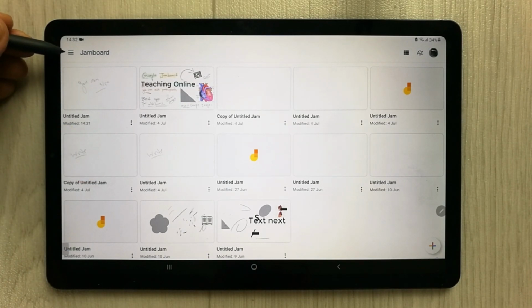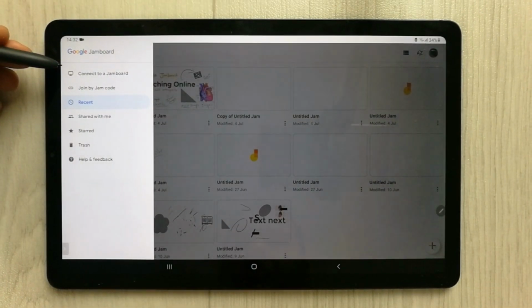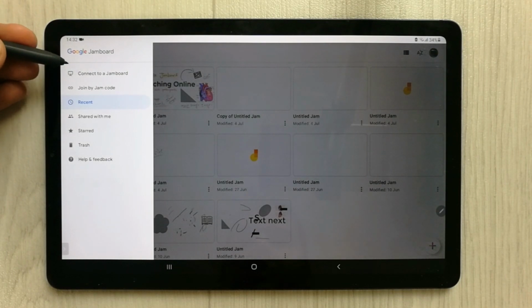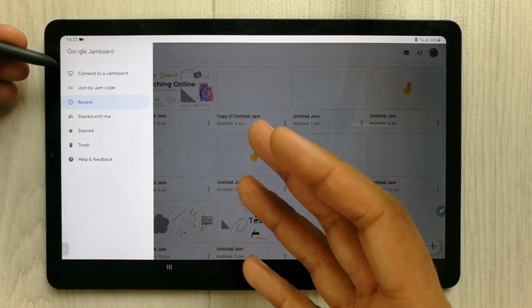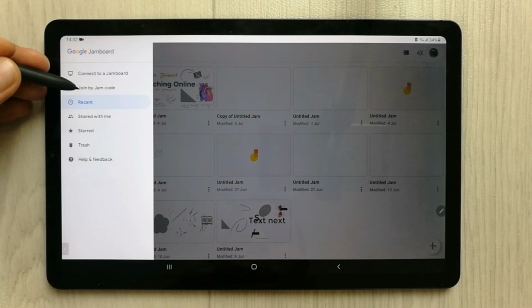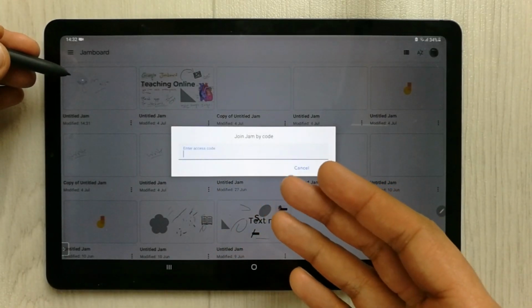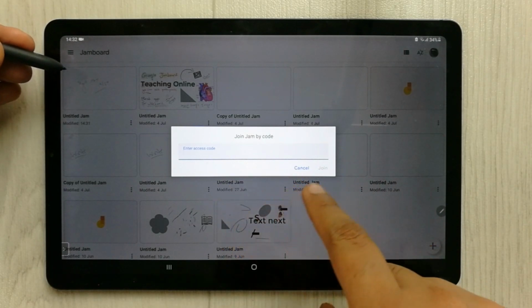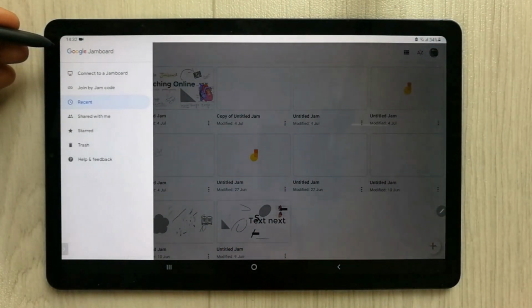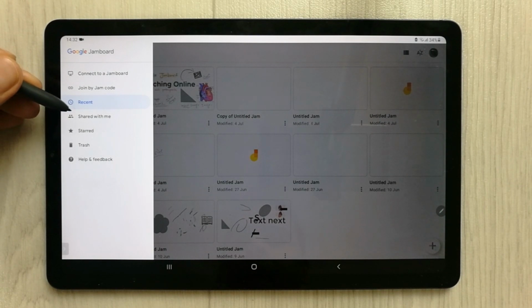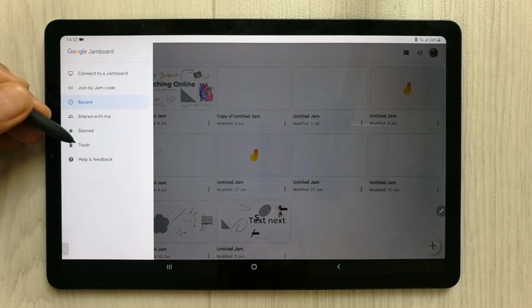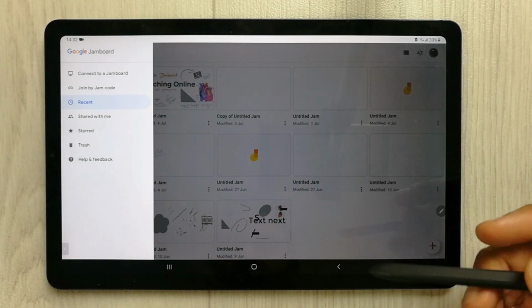And then if you select these three lines, you have more options. The first option is connect to a Jamboard. If you want to connect to some other Jamboard, you use this option, join by a jam code. If you want to join another Jamboard by a code, you can just enter the access code as well. And then you see this shared with me, starred, and trash option as well.